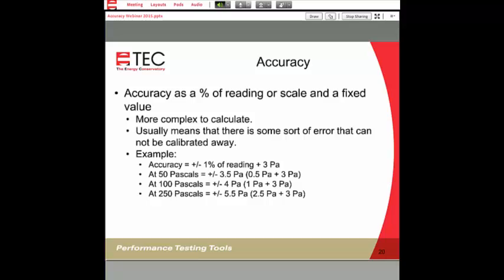What we're trying to impart to you is to understand what the differences are between these accuracy statements and how they translate to your everyday set of readings that you have to take. So again, whether this is pressure readings on your manometer, flow readings with your hot wire anemometer, or with your capture hood, we're not saying that any of them is better or worse than any others, just that you need to understand what those values mean and how it fits back into what you're doing with everyday readings.